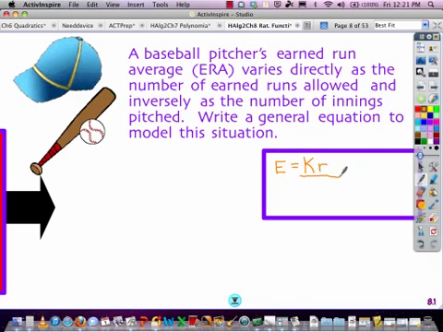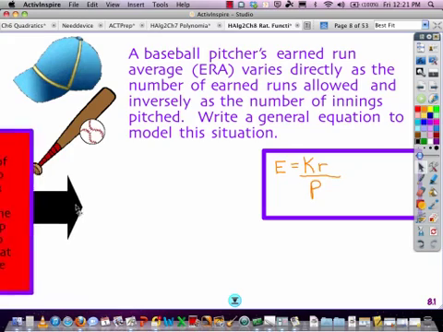And inversely as the number of innings pitched. So there's my P down there now. Write a general equation to model the situation. There it is. That's as pretty general as we can get. Okay? So now,